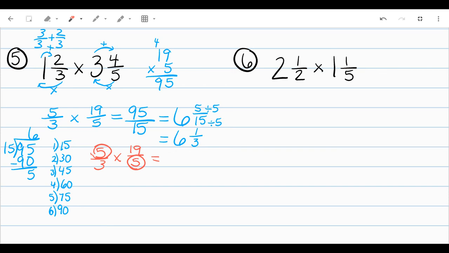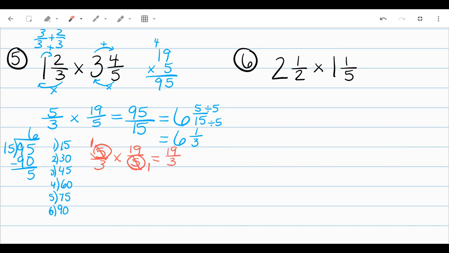So if I know they're both going to have factors of 5, I can simplify those 5s in the numerator and the denominator before we even do the multiplication. So I can divide them both out and make this a 1 and a 1, saying I divide both the numerator and the denominator by 5 to start with. And then we would just get